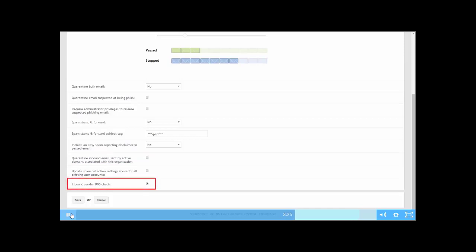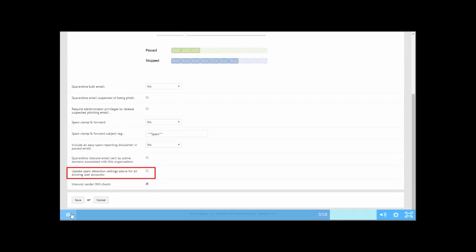The Inbound Sender DNS Check option provides an additional layer of protection against spam and helps ensure that inbound messages that might not have a destination to bounce to are not allowed in. If you select this option, Proofpoint Essentials will carry out a Sender Domain Validity DNS check on inbound mail. This feature checks if the sender domain has a valid A or MX record, and if not, will designate the message as spam. All the changes you make on this page will only affect new accounts.